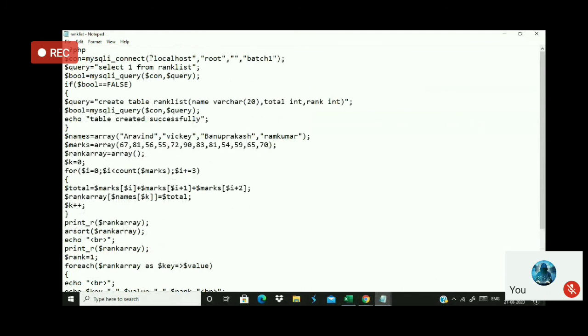If it is the object oriented method, what should I do? Instead of mysqli_connect, I have to use new mysqli. That's it. Only small changes are required. You can adopt any method which suits you. Okay, so this is the concept we have discussed today.